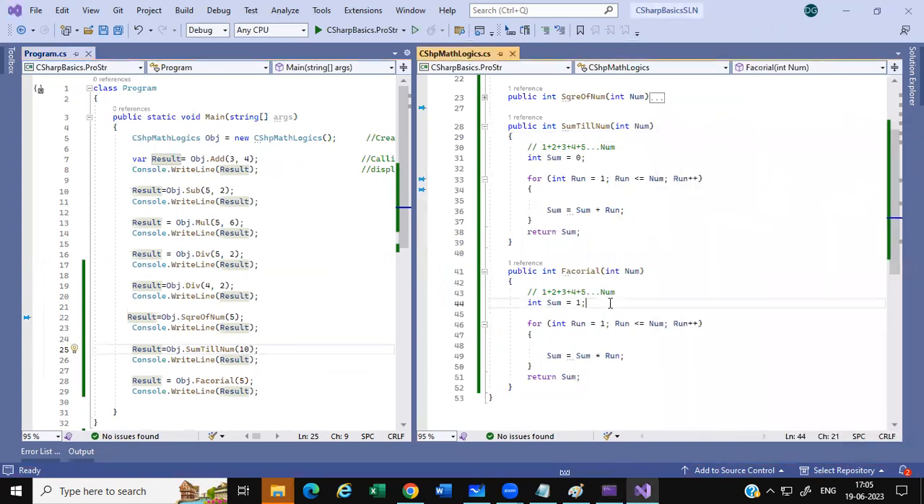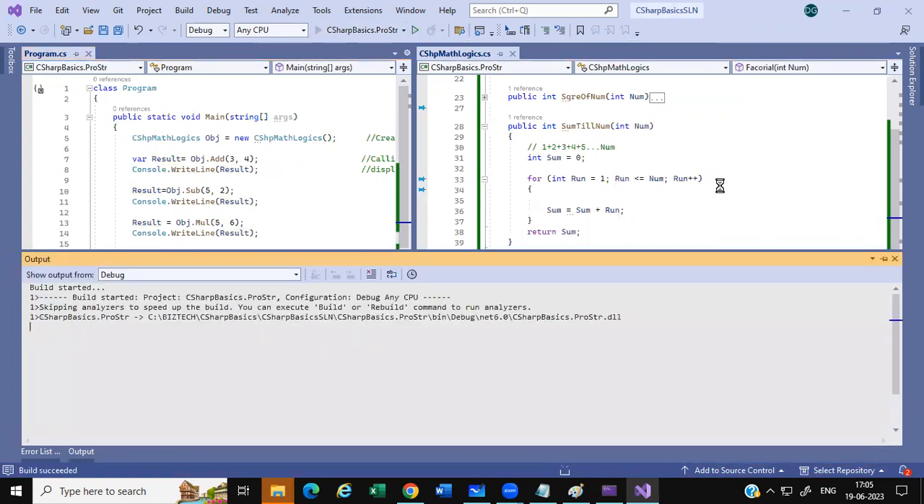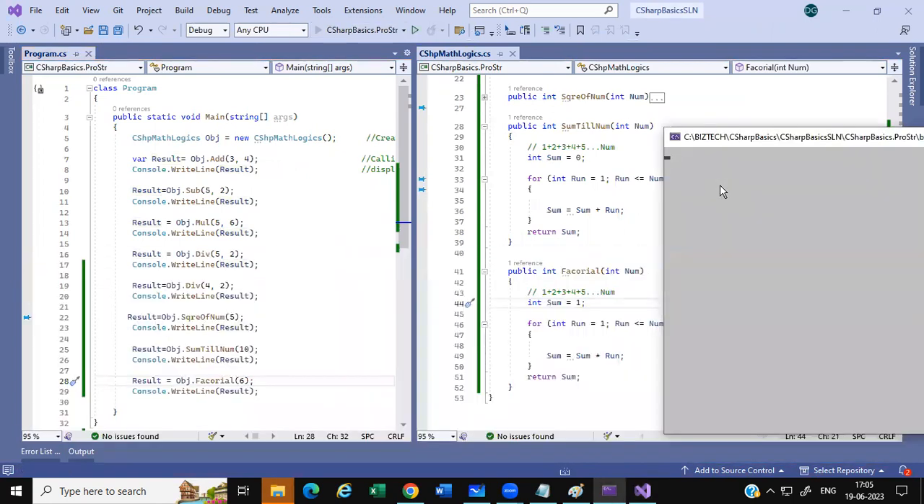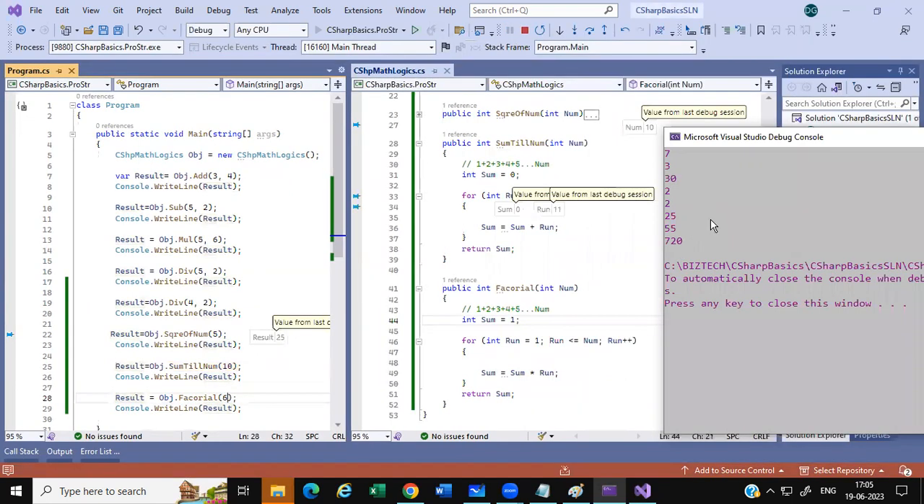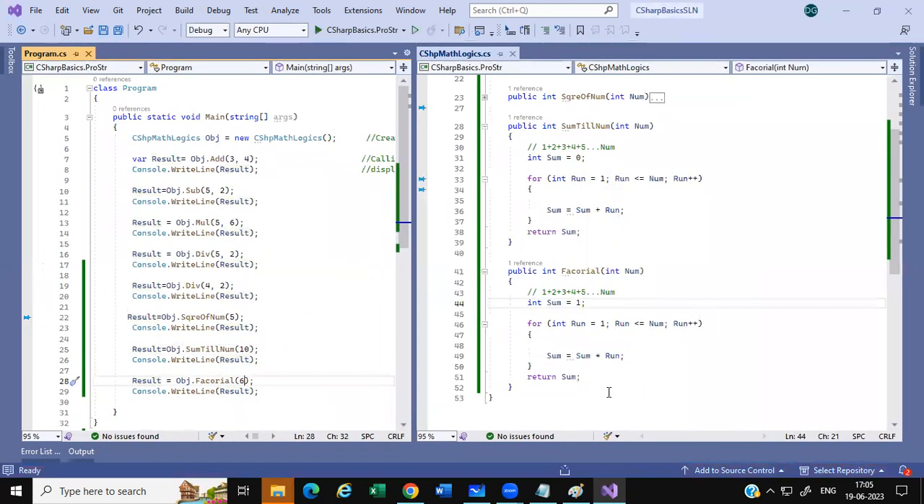All right. You can try for 6 instead of 5, which becomes 720. You can check on a calculator factorial of 6. Yeah, so working fine. In the next video clipping, we are going to understand how it works and